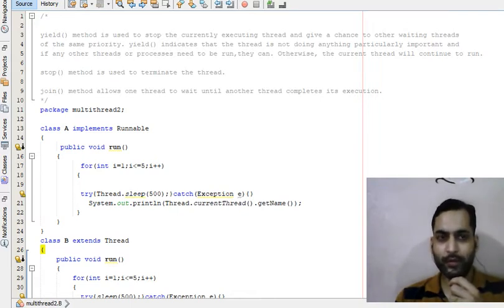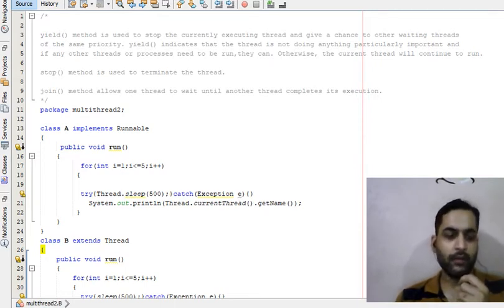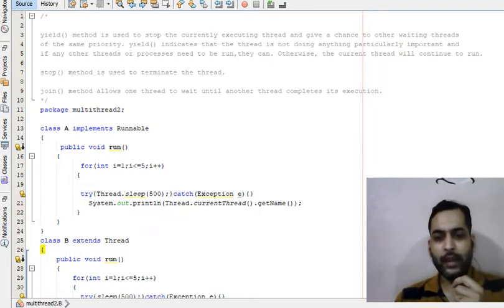In our previous videos, we have discussed some concepts of multi-threading. We have also discussed that a thread follows a life cycle model, and a thread can be in one of the five states during its life cycle, that is new, ready, running, waiting, and terminated. We have already discussed sleep method, which can pause the execution of thread for some milliseconds. In today's video, we'll see some more methods which can change the state of thread.